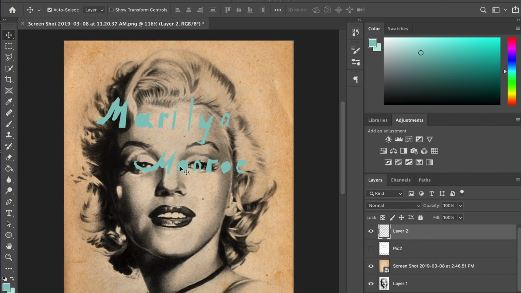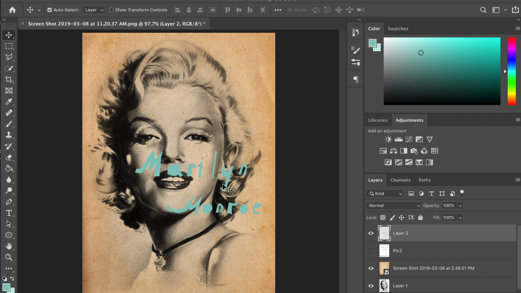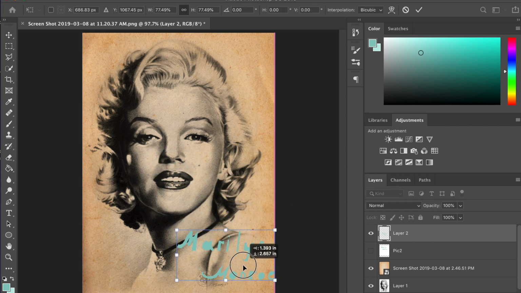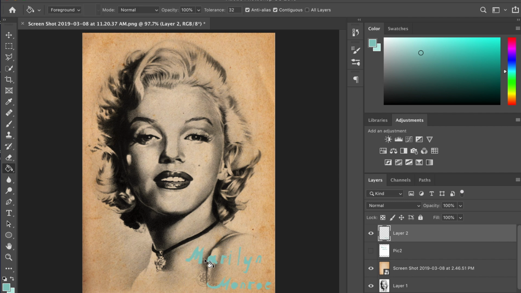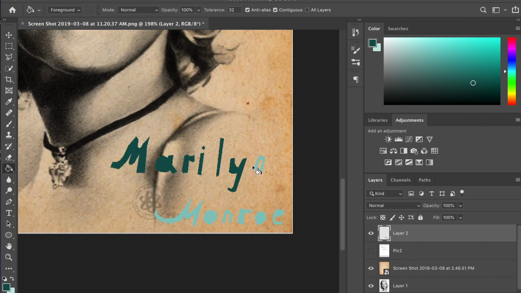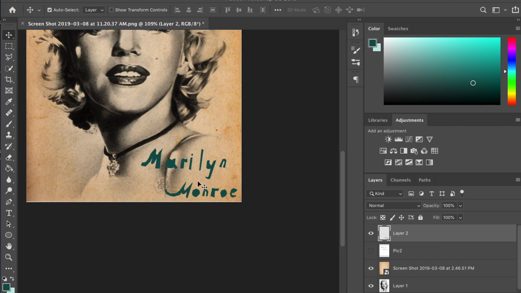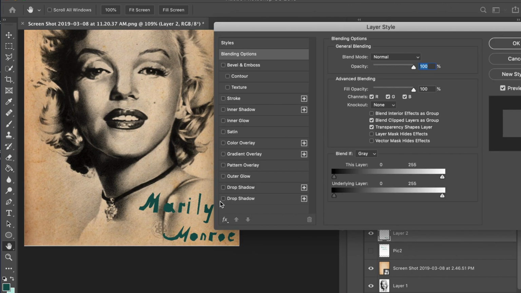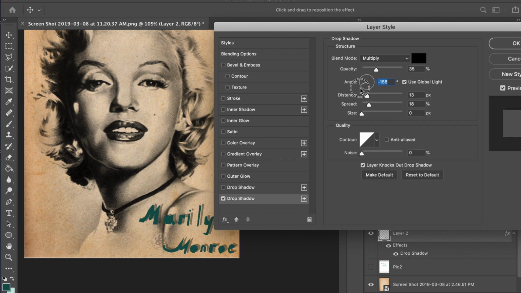Next thing I use the move tool, because I want to move this writing down, to the lower left side. And I decided to change the color because it's pretty light and it's hard to see what's in there, so I used a darker color and I just filled everything in. I used the zoom tool so I can see it, and then I used Control